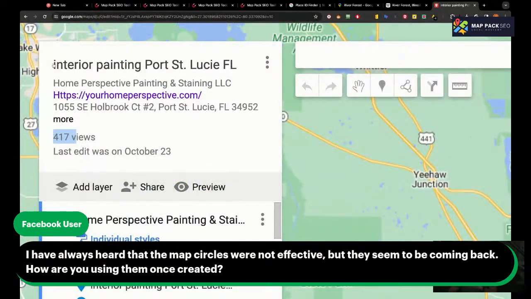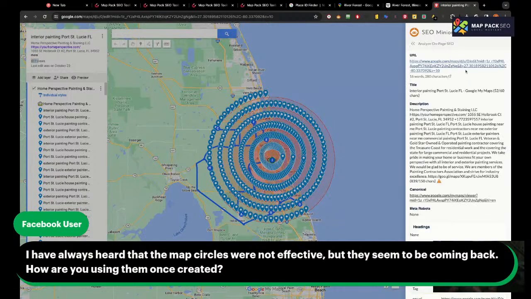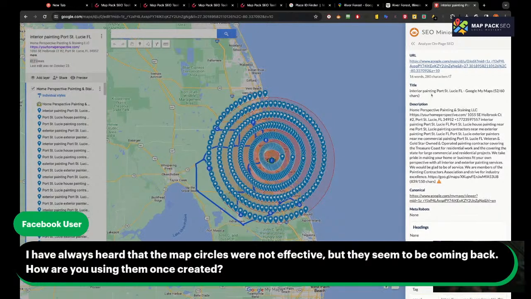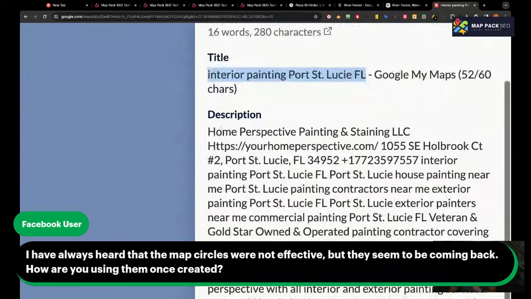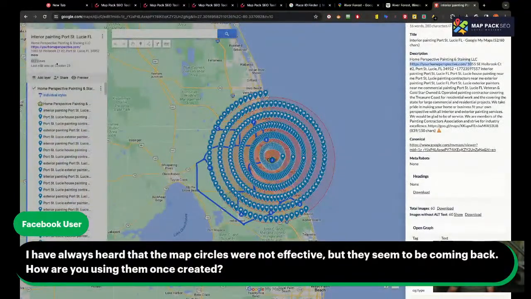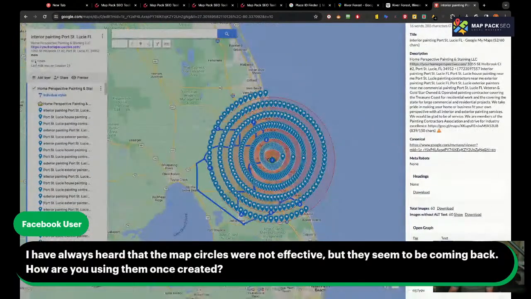The way I like to do it is to have the main keyword right here, because the title and the description are the meta title and meta description. If you look at the on-page analysis, the title is the main keyword. So I like to have the main keyword in the title, and I like to have the website linked in the description, right? And then I embed this, probably get 2000, more than 3,000 views, and that gives it some authority on Google.